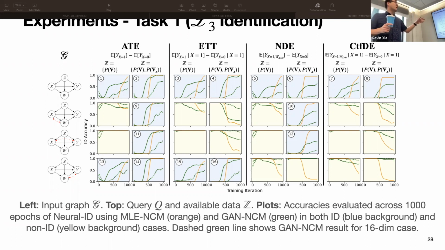The blue backgrounds show the ID cases, and the orange or yellow backgrounds show the non-ID cases. So here we're comparing the GAN NCM with the MLE NCM, the two approaches from before. The MLE NCM tends to have sharper performance for identifiable cases, but for non-identifiable cases, it sometimes